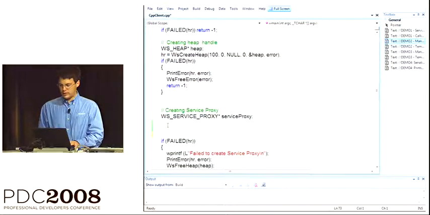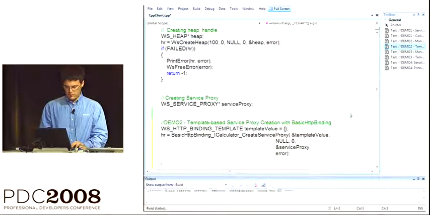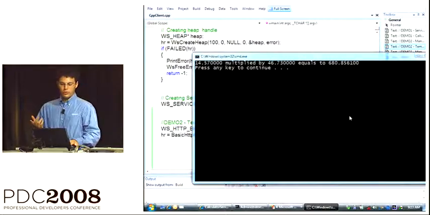I selected all and I deleted it, and here's our template back. And just to make the point, I'll build it, it all works. So what I show you in this demo,